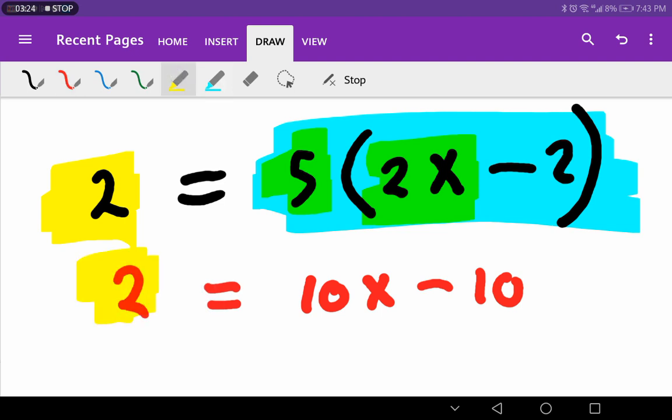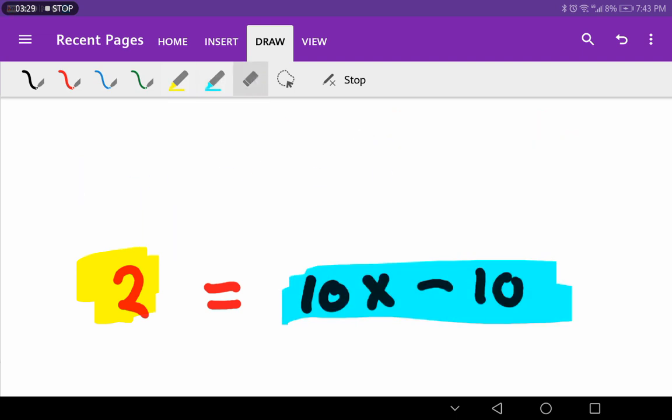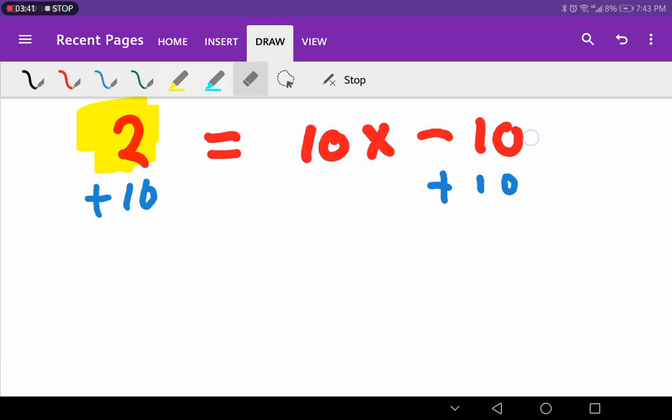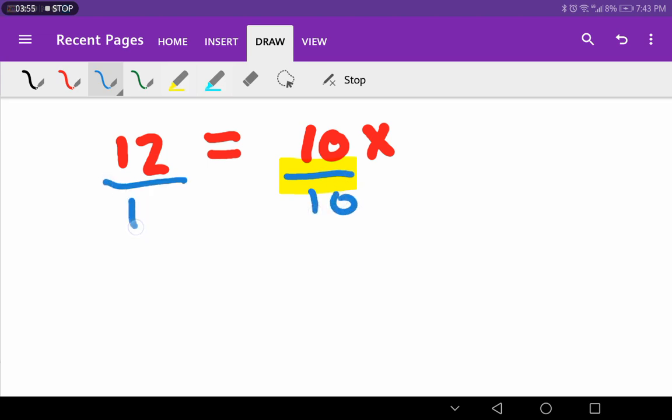Still, this is the left and this is the right, and you know what we have to do now. As you see, we have to add 10 on this side and 10 on this side. Now this will be eliminated, and 2 plus 10 is 12, and then we divide by 10 here. We divide by 10, so x will equal